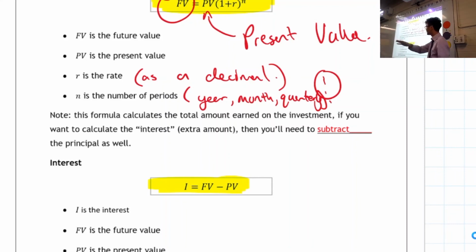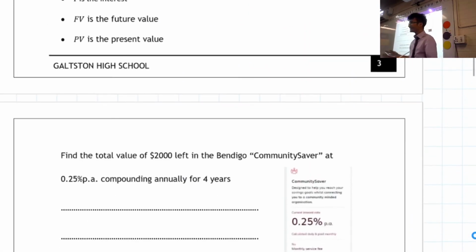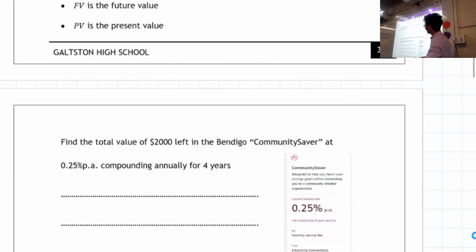Does that make sense to you, Year 11? That's the idea with this. Year 12? Okay. So, let's